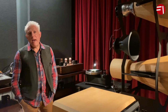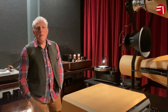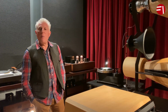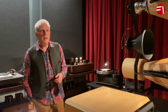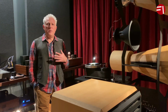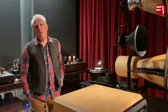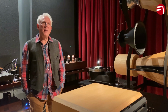The soul of OMA is the earliest period of reproduced sound, motion picture equipment, the loudspeakers and amplifiers from the 1920s and 1930s that were developed by Western Electric and especially RCA, also by James Lansing. This was a time when the triode tubes provided very little power, theaters were large, the demand on power was very great, and loudspeakers had to be incredibly efficient. And so the development of the horn loudspeakers of that period represent an achievement, sonically speaking, that really has never